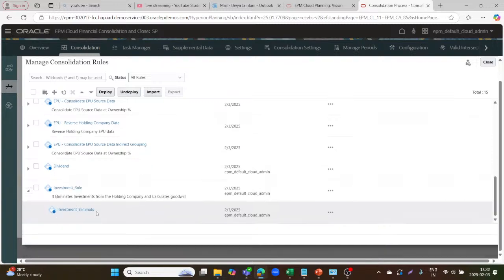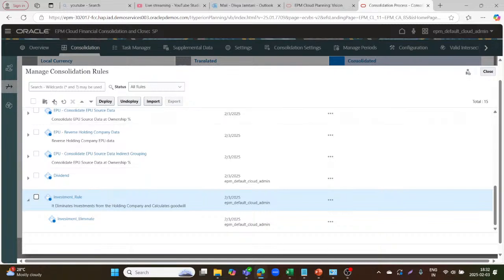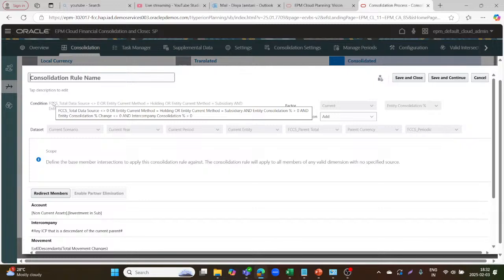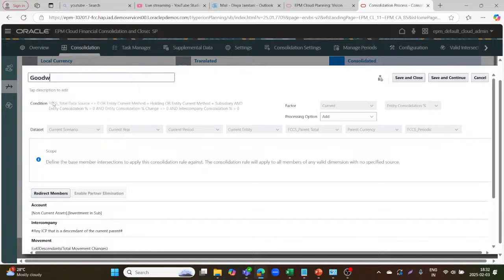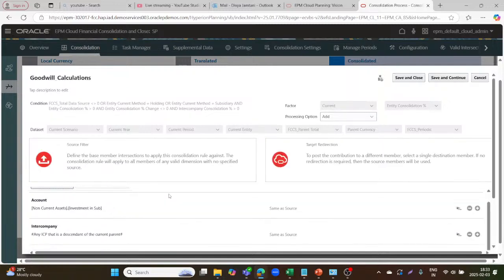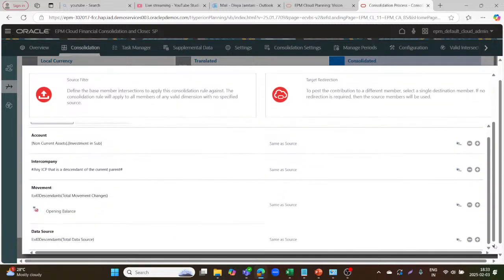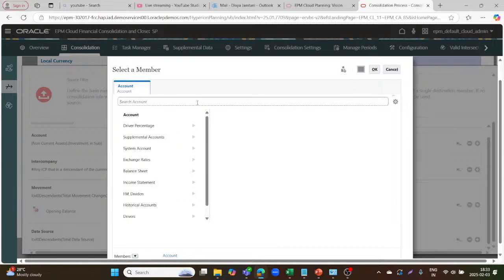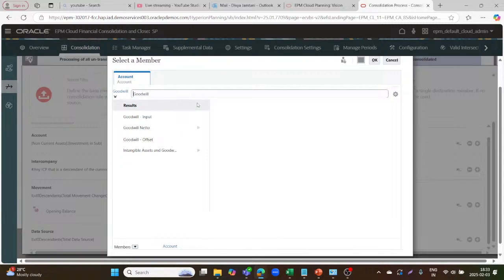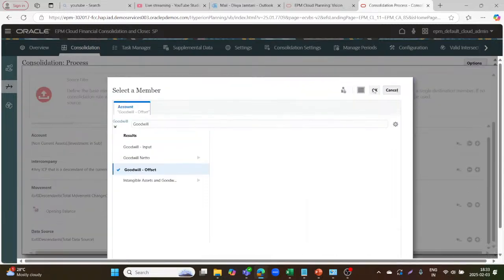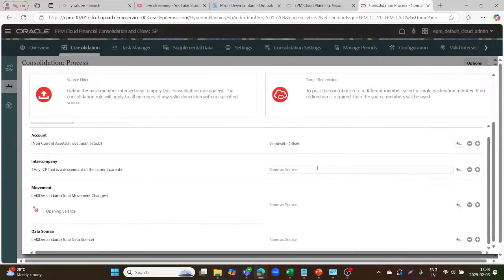So for this investment rule, I've created this rule set, that is investment eliminate. Now I'll create one more rule set, that is goodwill calculation. And here the processing option, I want to keep it as add. Now I'll start with redirect members. For account, I want to take it as goodwill offset. So I want to redirect the account member as goodwill offset. Similarly for intercompany, I'll keep same as source. Now movement, I'll take as